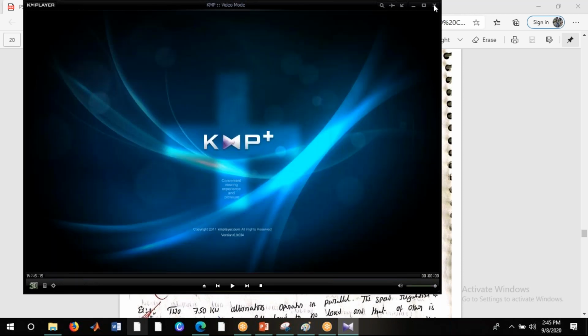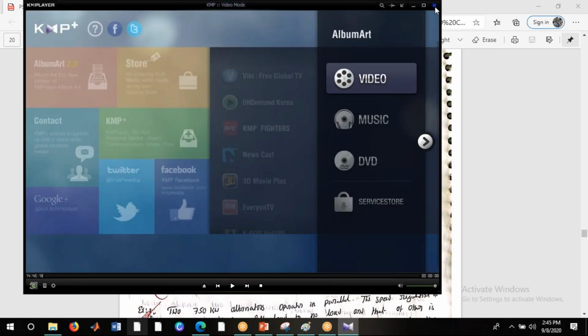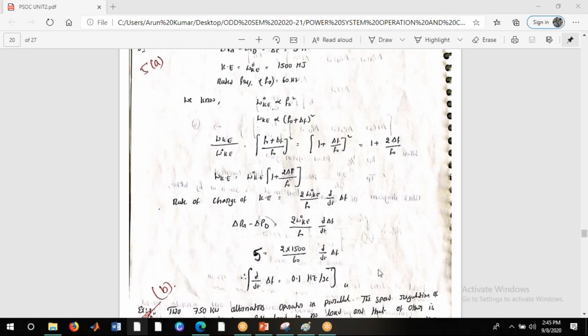Right. So this is about modeling of a speed governing system. Now, do you have any doubts on this topic? Right. So we are going to do some problems based on the load sharing. In the first unit we did the load sharing problems, right? But here also load sharing problems are there, but in a different manner. Okay, so we will discuss in tomorrow's class how we can share the load among the two units. Right. So today's class is about like this. So I'm going to end this class now.